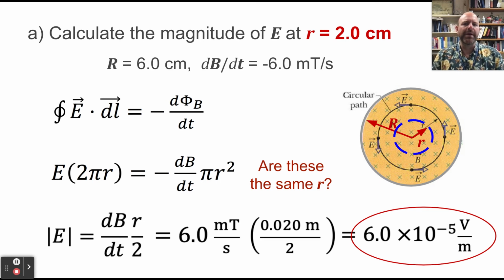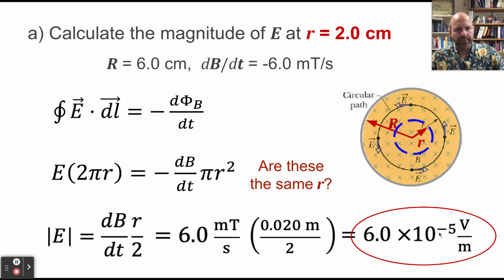So let's think about this. If it has a radius given, the closed integral of E dot dl is equal to the change in magnetic flux. We have a couple of R's here. The R involved in the line around which we're traveling for our electric field calculation, our E dot dl, is the circumference of that circle. And the R in pi r squared is the area inside whatever region we defined. And so those are indeed